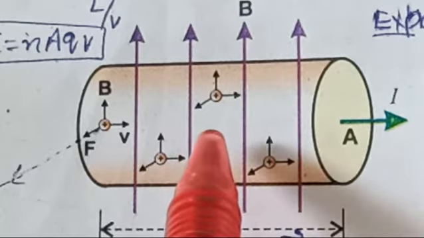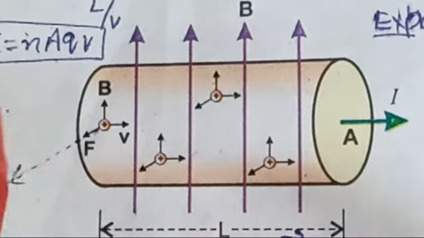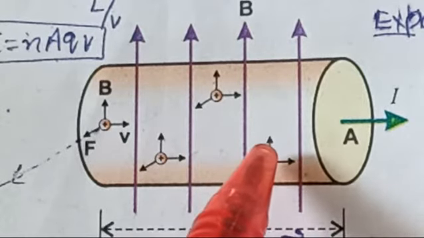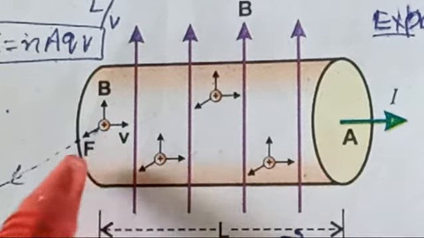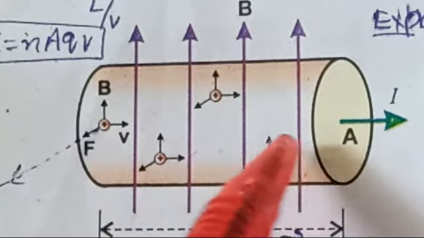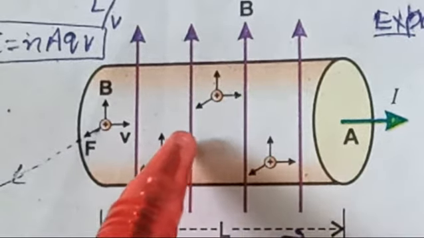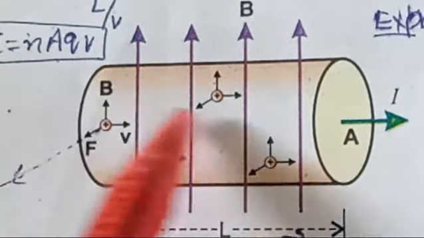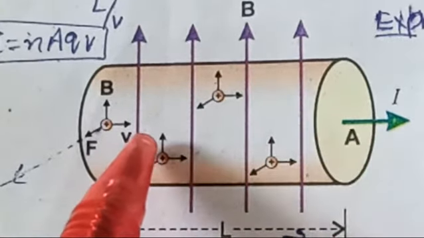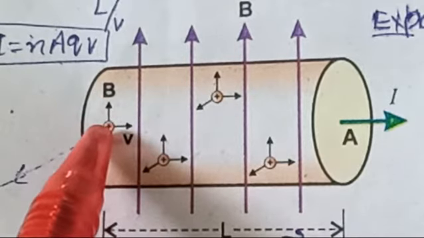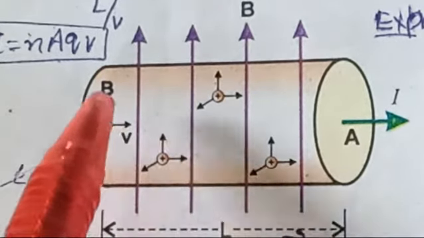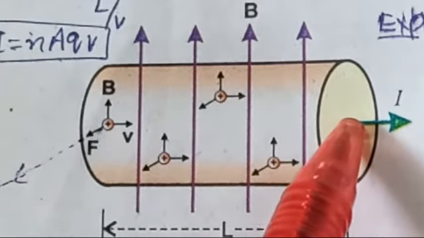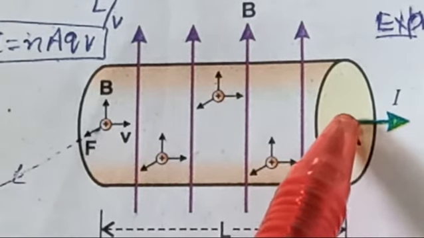Now we will find how long it takes for all the charge carriers originally in the wire segment shown to exit through the end area. How much time will it take to pass from one end to the other end? How much time will this charge take to cover the distance from this end to reach the other end? So we are interested in calculating the time now.